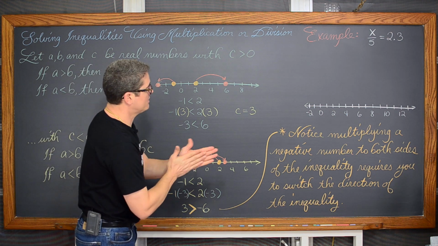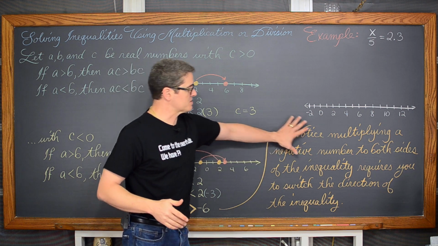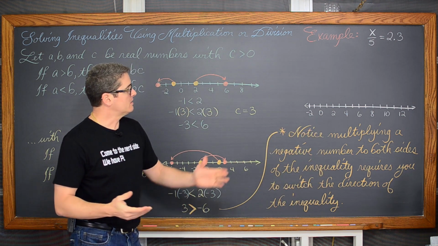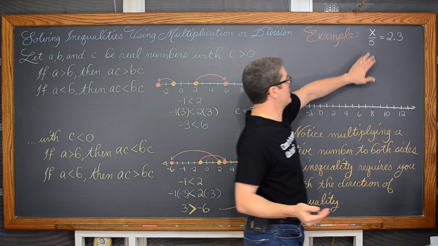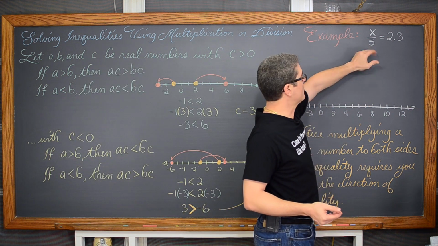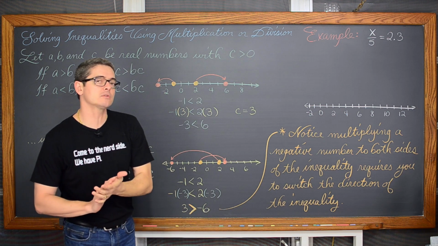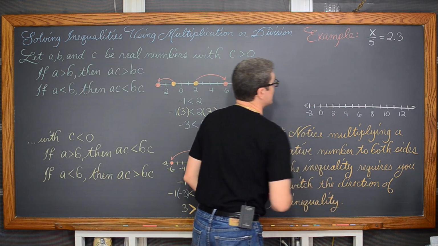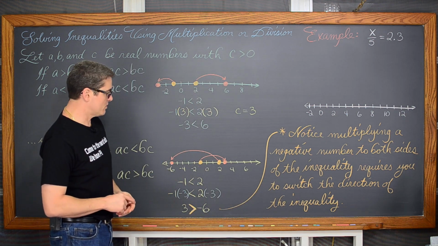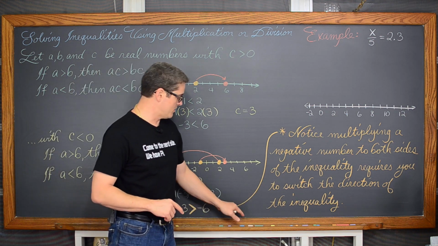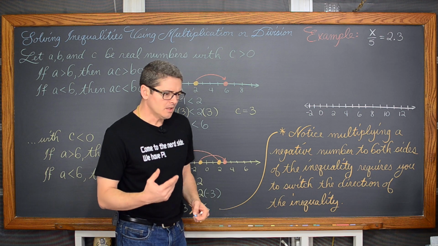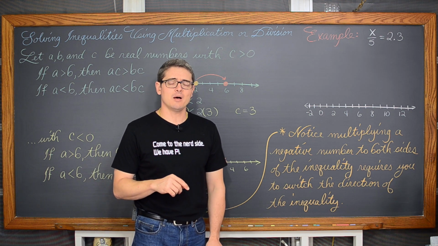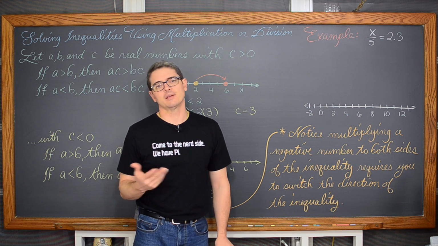So the first of our 4 examples, this is what I just basically verbalized. Our first of 4 algebraic examples, and the last one will be a word problem. We have x divided by 5 is equal to 2.3. I always like to include some decimals and fractions in my examples because that's what students tend to struggle with the most.